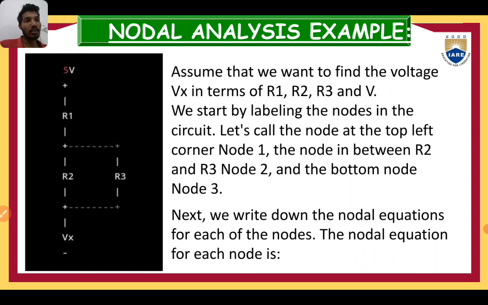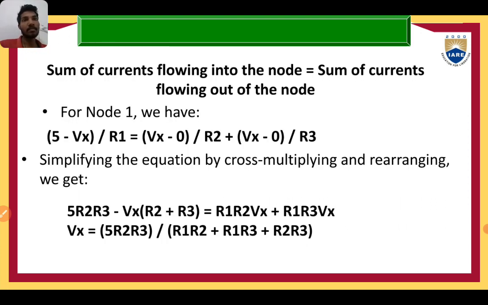Next, we write down the nodal equations for each of the nodes. The nodal equation for each node is: sum of the currents flowing into the node equals sum of the currents flowing out of the node. For node 1, we have (5 minus Vx) by R1 equal to (Vx minus 0) by R2 plus (Vx minus